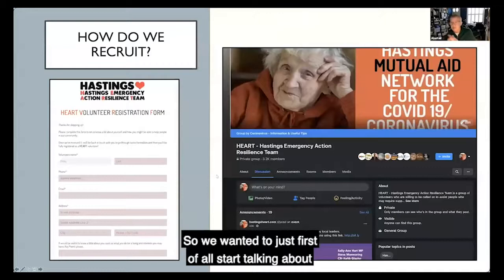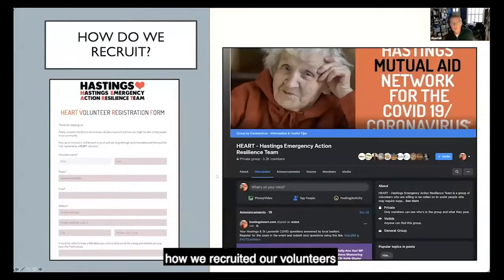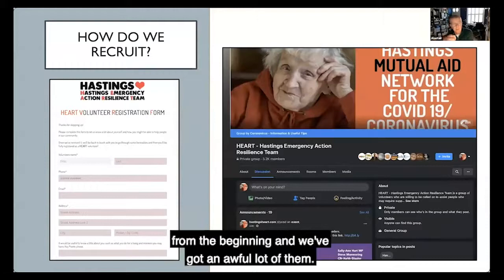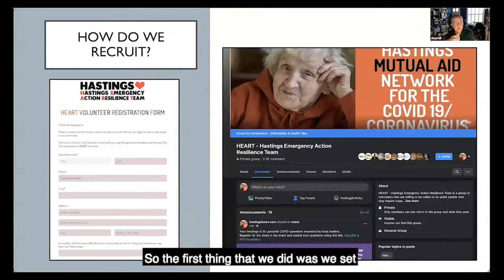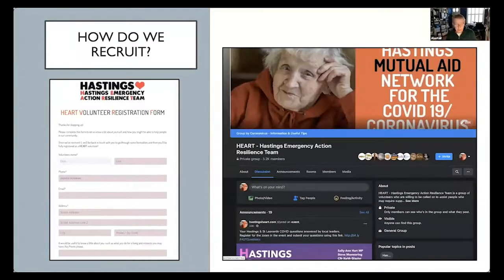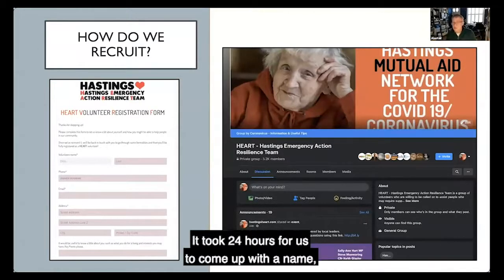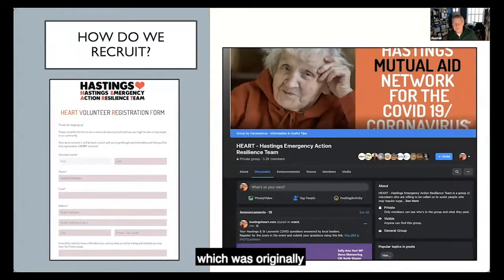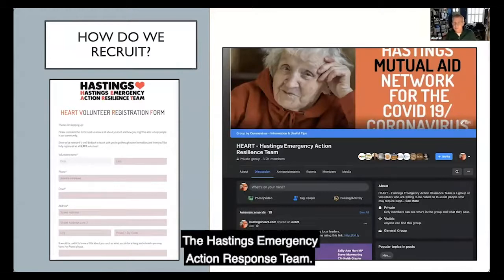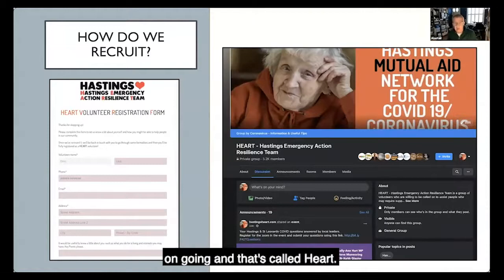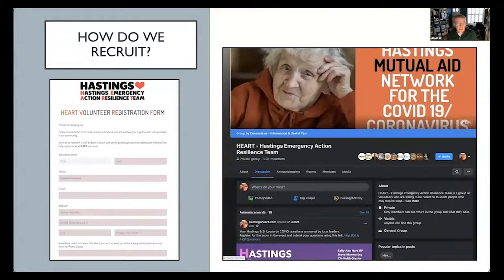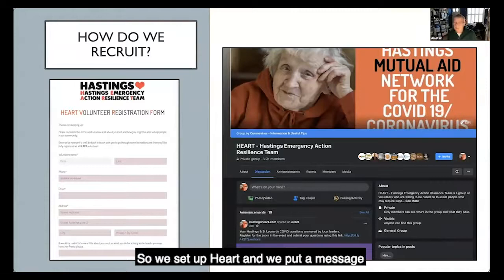So we wanted to first of all start talking about how we recruited our volunteers from the beginning, and we've got an awful lot of them. The first thing that we did was we set up a Facebook group. It took 24 hours for us to come up with a name, the Hastings Emergency Action Resilience Team, which was originally the Hastings Emergency Action Response Team, but it's changed now because we want to actually carry on going, and that's called Heart. So we set up Heart, and we put a message out on Facebook to invite people to